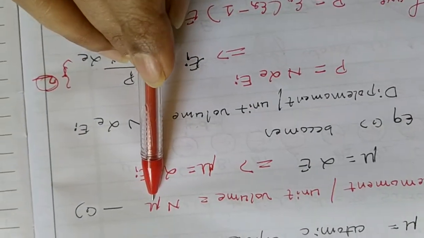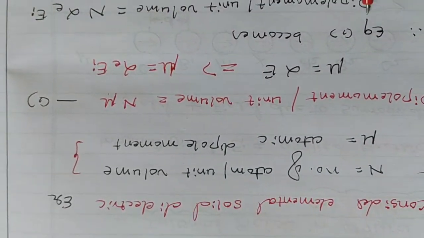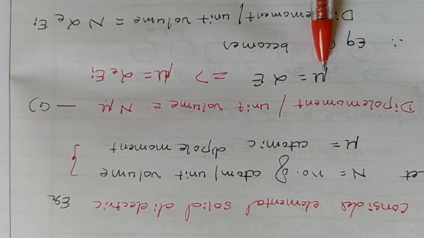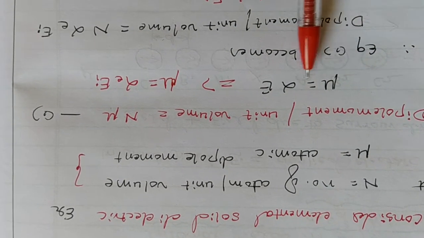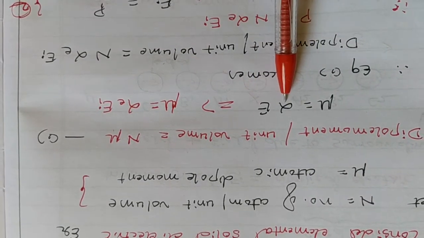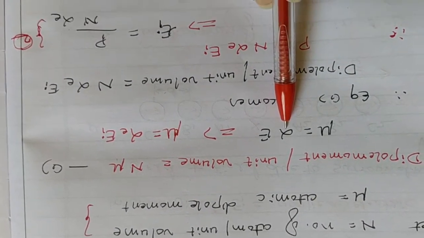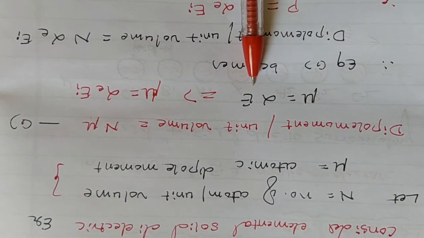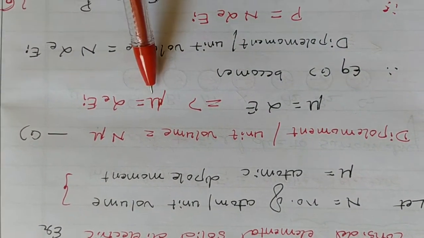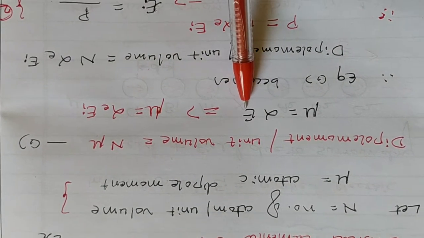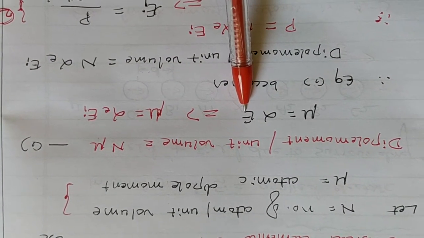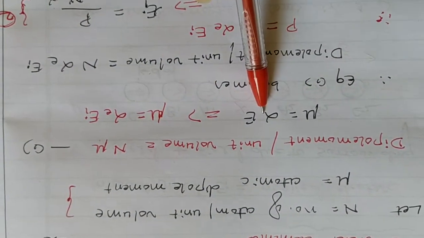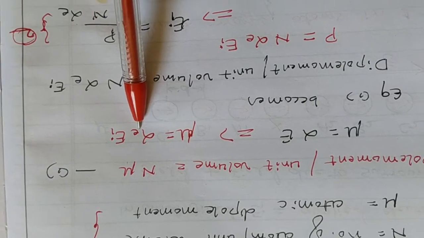Now we shall substitute for mu. What is mu there? Mu is equal to alpha E. Mu is nothing but the atomic dipole moment, which is proportional to the applied electric field, and the proportionality constant is alpha, the polarizability. So mu is equal to alpha E. You have come across this in the previous equation also. So you can modify it now. What actually acts inside the dielectric material is not just the electric field, it is the internal field EI. Alpha here is the electronic polarizability.